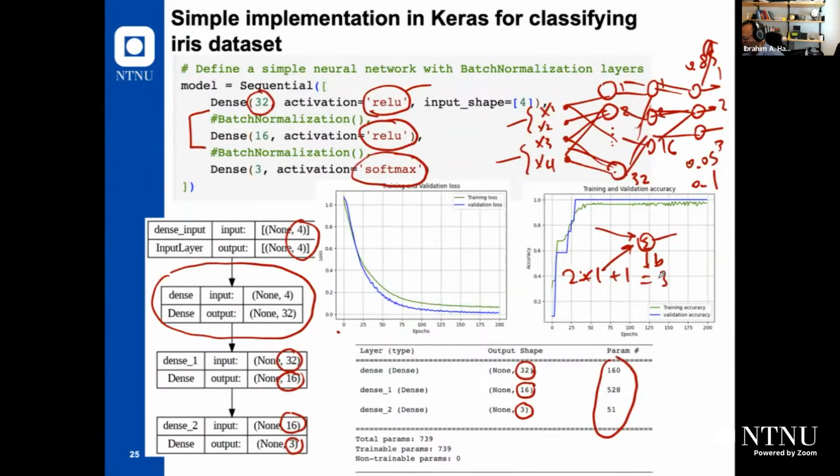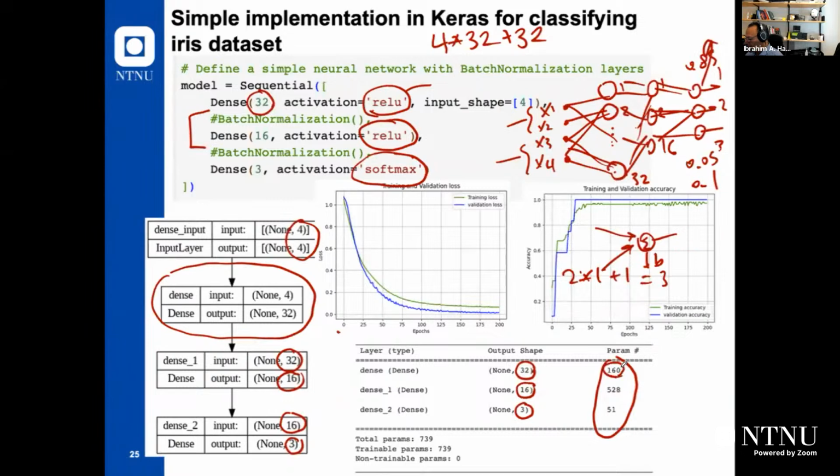If we need to calculate the parameters for our first hidden layer, how can we calculate it? It will be the number of inputs multiplied by the number of units. So it will be 4 multiplied by 32. This is the number of weights. Are we missing something? Yes, we are missing the bias. Each unit has 1 bias, so we need to add 32. So it will be 4 times 32 plus 32. It will be the total number of parameters of the first hidden layer, which will be 160, if you can